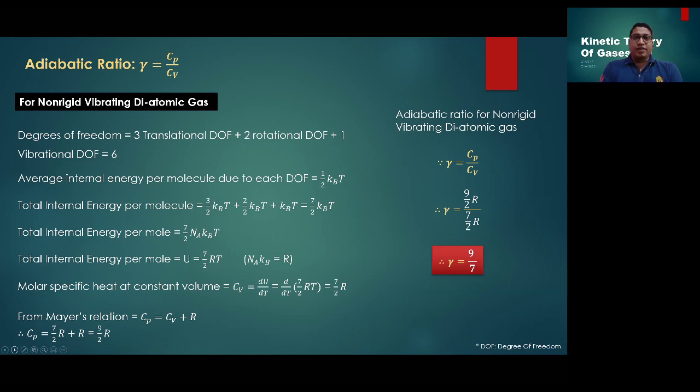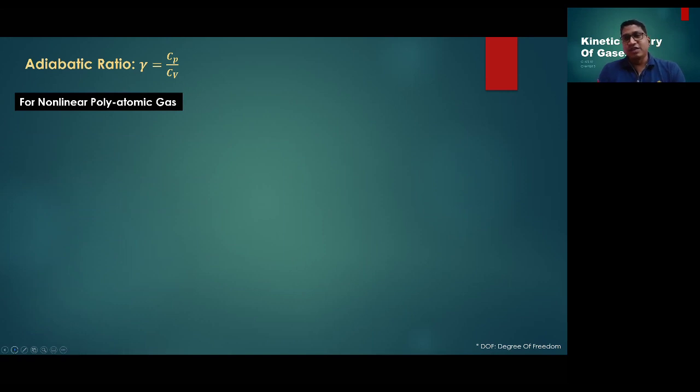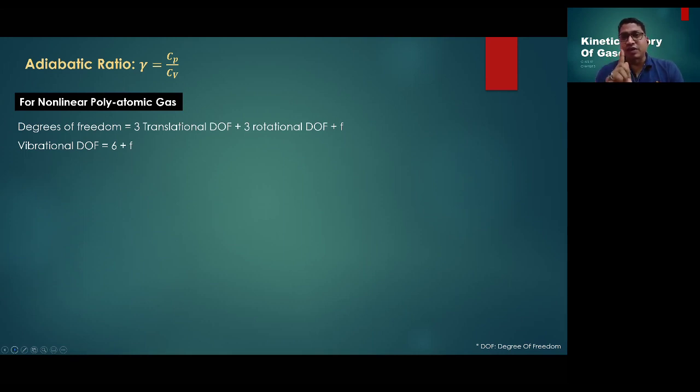Now the last one. Now we'll take the polyatomic gas. And for polyatomic gas, class, there are 2 possibilities. Those gas molecules can be linear and can be non-linear. What we have to keep in mind, I will tell you the difference. If it is a linear polyatomic, then remember you have to take only 2 rotational degrees of freedom, because if they are linear it means all the atoms are aligned in the same line. So they cannot rotate about that particular axis along which they have been arranged.